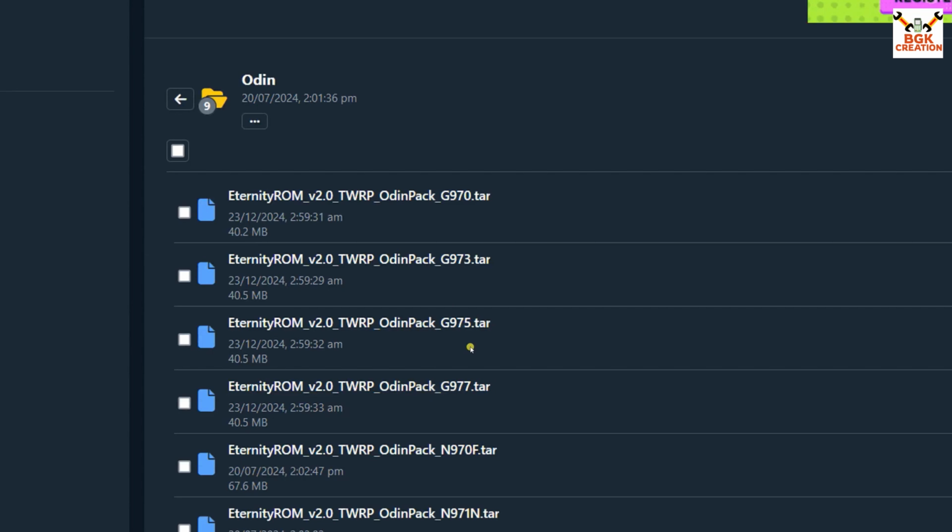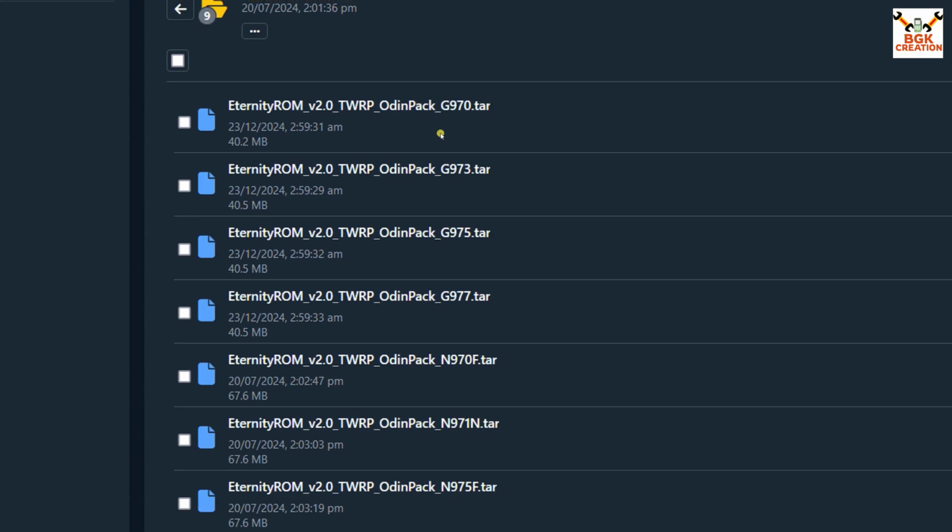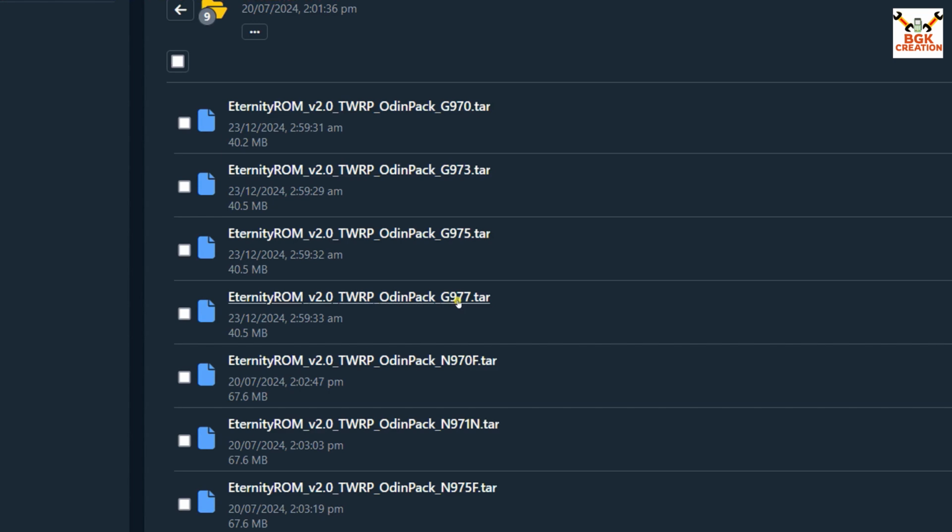In case like I have the Galaxy S10 Plus right now, so I will go for this file, Eternity 2.0 TWRP Odin pack G975. G975 is the model number of the Galaxy S10 Plus. That is how we will download the Odin pack file. Remember, do not try to install any other model number Odin pack file on the Galaxy S10 Plus, or try to search your model number by booting the mobile phone into Odin mode. You can check the model number from the Odin screen